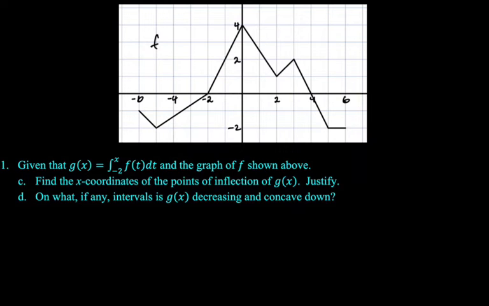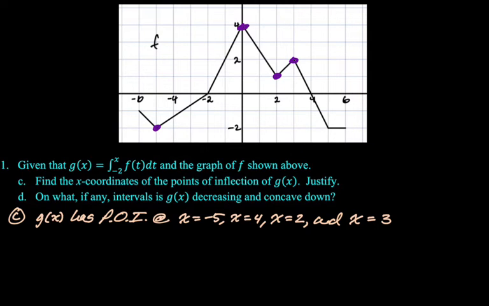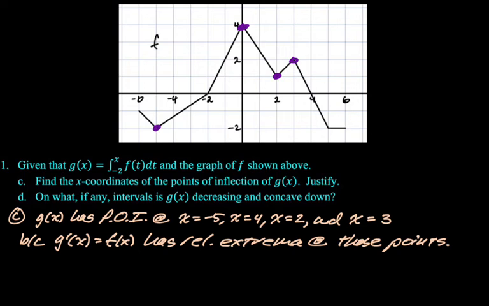Find the x-coordinates of the points of inflection of g of x and justify. My favorite justification for this is the relative extrema of g prime. So g prime is f of x. The relative extrema of f of x are at -5, 0, 2, and 3. So those are going to be the x-coordinates, and my reasoning will be because they're the relative extrema. Those are our x-coordinates of points of inflection because g prime, which is f of x, has relative extrema